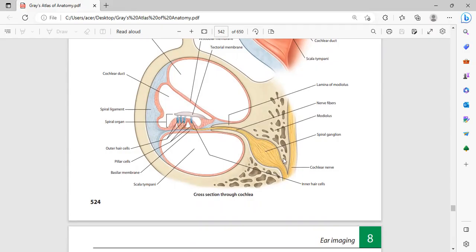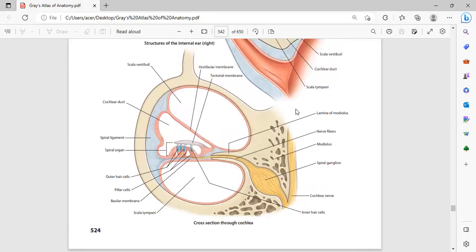So this will enter the cochlea through the spiral lamina. So we call this the spiral ganglion. So we have here nerve fibers coming from here, right? The nerve fibers coming from the organ of Corti will come here. It will form this ganglion here. Then from the ganglion, you have nerve fibers going into the cochlear nerve, forming the cochlear nerve, and then back to the vestibular cochlear nerve. Okay, so